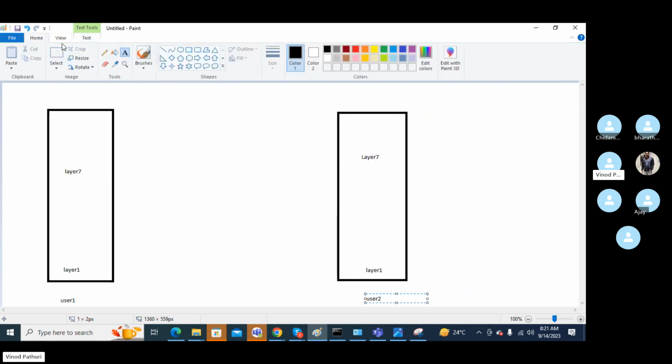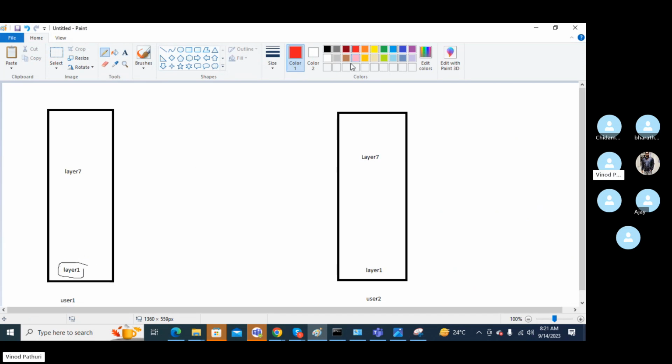So you are transferring your data. First it will start from the physical layer, then it will go to layer 2, layer 3, layer 4. Each one will do its functionality and forward the data up to layer 7. Then once it goes to layer 7, it should go to the destination, right?